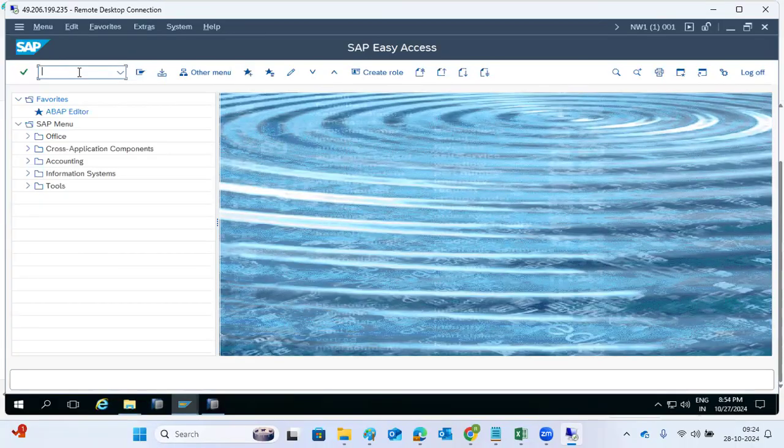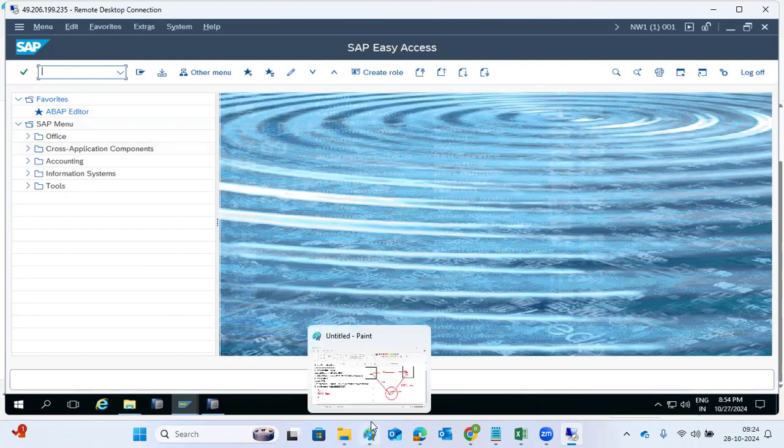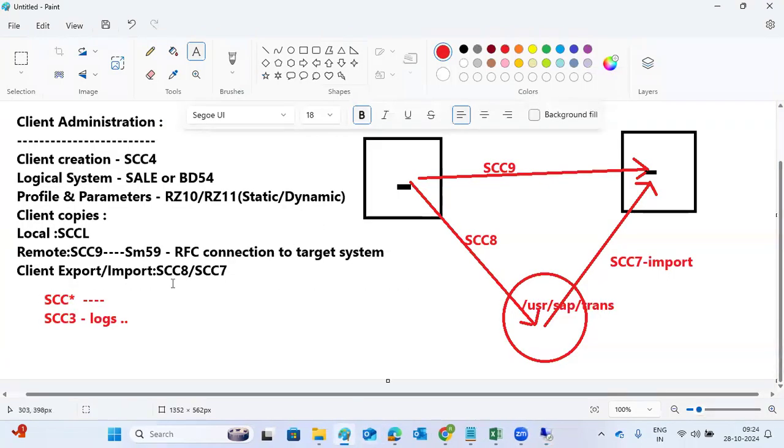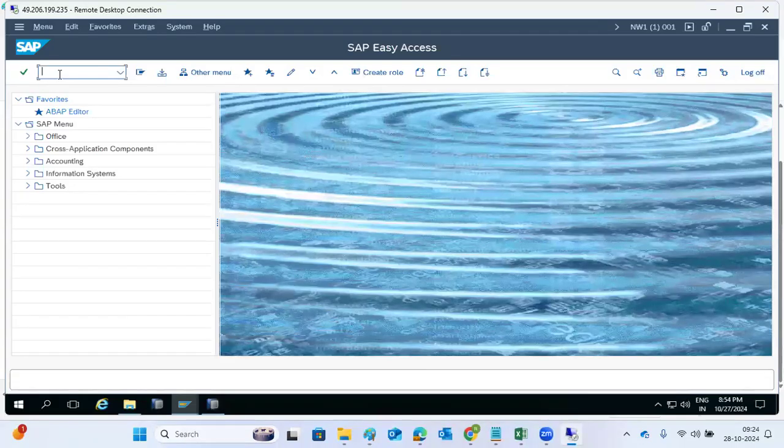And also one more thing, if you remember: sometimes people will ask you to copy the data from one client to another system, but I don't want to copy 2 or 3 tables' data. He will give you the exception conditions: copy all the data, but only those 2 or 3 tables I don't want to copy from source to target. Sir, with the client copy profile we selected, all the tables' data will be copied, but how can I skip it? That is also one condition here. Technically they may ask you this during the interview. So in that case, we can